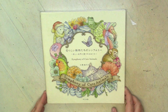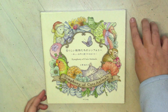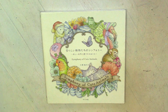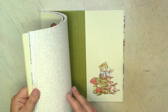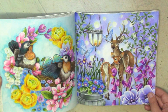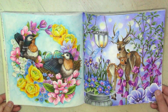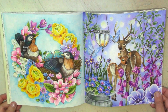And my only excuse is that this whole year I mostly dedicated my attention to the Symphony by K.Egusa. Here maybe my progress isn't great, but with the amount of books I own, to color at least several pictures in one book is already big progress for me. Let's start from this spread. Here on the right side,